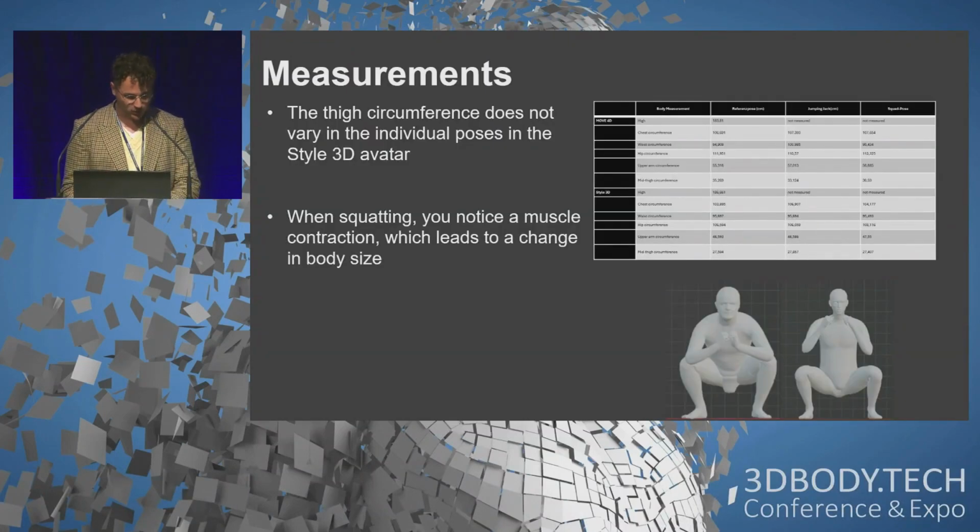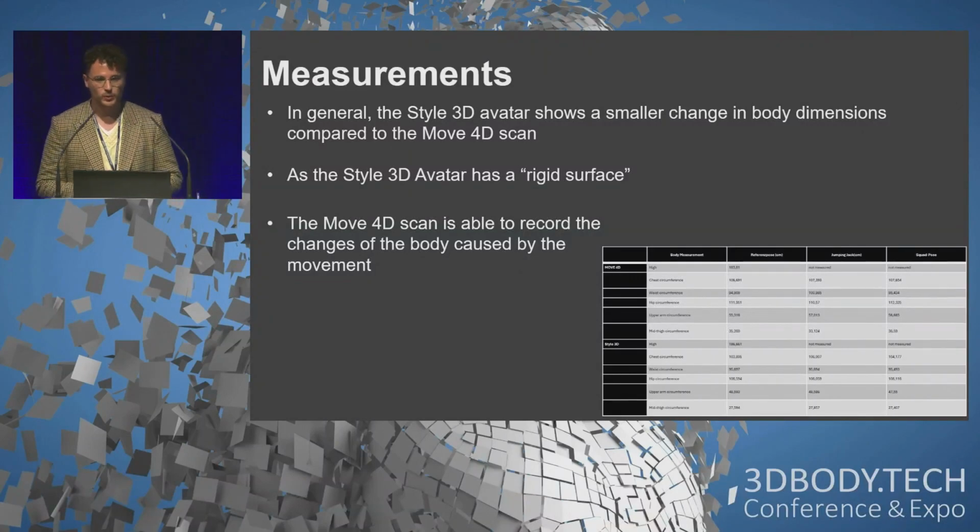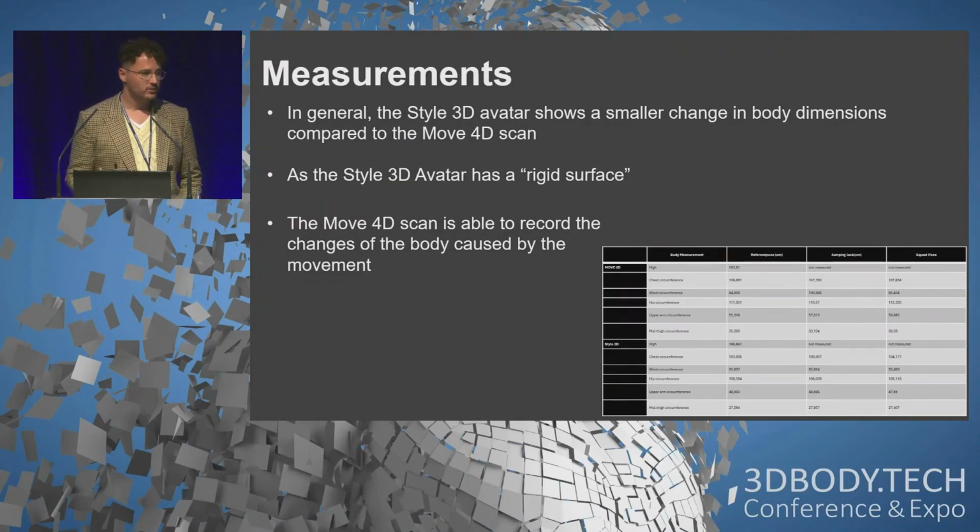When it comes to the squat pose, the quadriceps femoris have a movement there, and so we have to see it in the measurements as well, and we do not see it in the measurements of the Style3D avatar. But when we're talking about body-near clothing, it's important that we also see this movement for a digital fitting. In comparison to the Move4D scan and also to reality, we do not have the change of measurements we need to get a realistic fit, that we have a different shape, and that's really important for the fit of